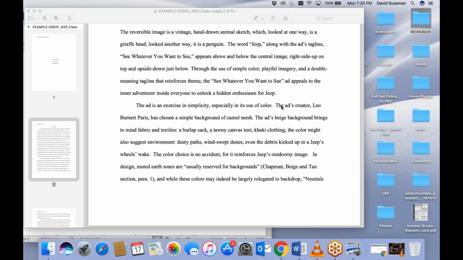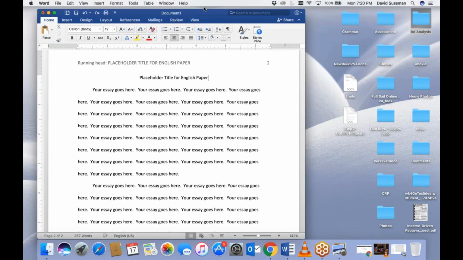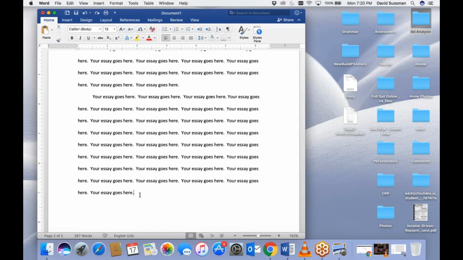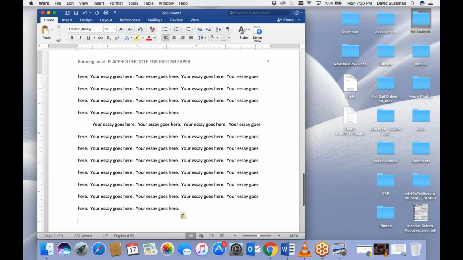And actually, open up a novel sometime. You don't see extra spaces between paragraphs. Again, that's just a convention, right? We hit enter once and we keep going. Okay, so let's imagine that my paper keeps going. And somewhere